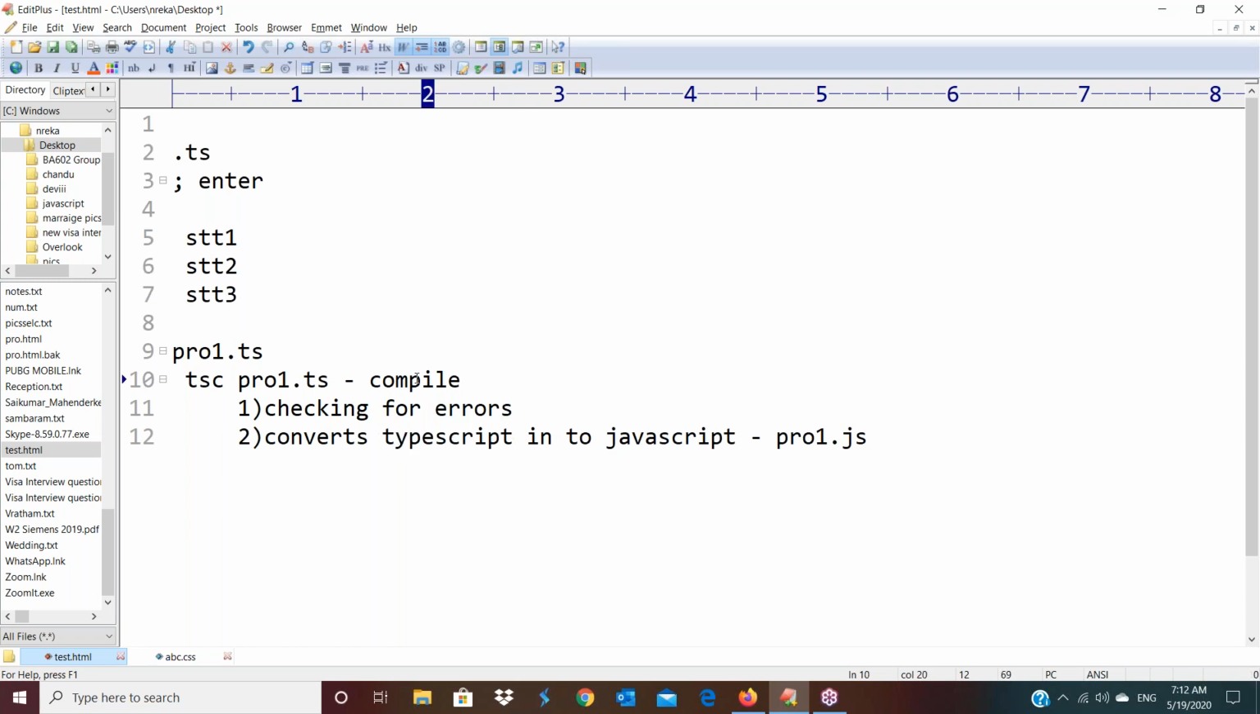So TypeScript file extension should be .ts, and every statement should terminate with semicolon or new line. And next one here, file name. So after that, if you want to compile that program, we are using the tsc command. And next one here,